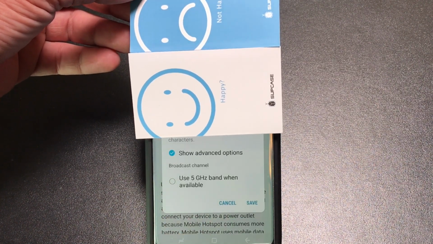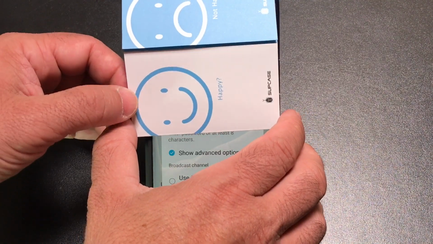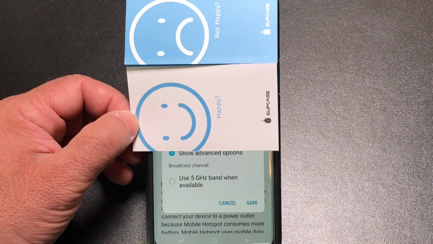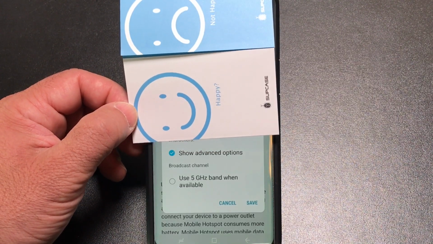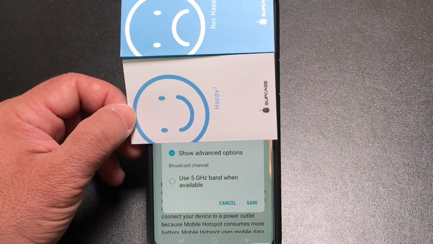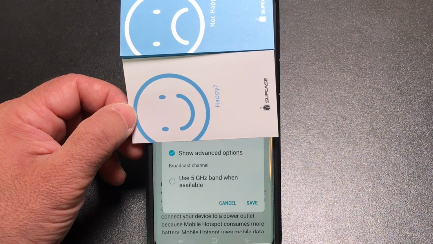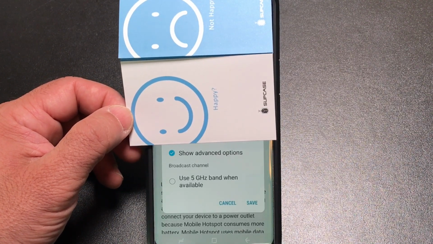The 2.4 gigahertz band is used by everybody. So if you are in an airport, or in a coffee shop or in a library, if there's any kind of Wi-Fi there, it's probably using 2.4, which means there's going to be a lot of congestion, and it also means that things are going to go slower. So if you say use 5 gigahertz band, that means that when your laptop, tablet, or your other devices connect to your phone, it's going to connect on a band that is rarely used and is actually going to be